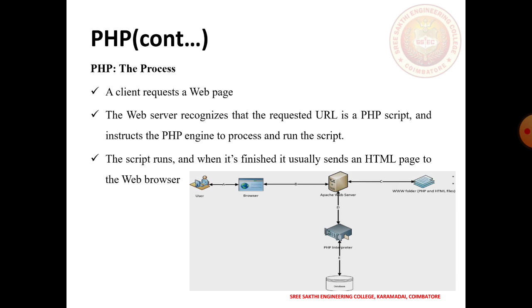When a client makes a request for a web page by typing the URL in the web browser, the web browser sends the request to the web server, here the Apache web server is used. The server analyzes what type of file is requested by the client, either a PHP or a JSP page. The server sends the PHP file to the PHP engine. The PHP engine processes the script and generates the HTML pages. Once the HTML page is generated by the PHP engine, it is sent back to the web server, and it is sent back to the browser of the client.